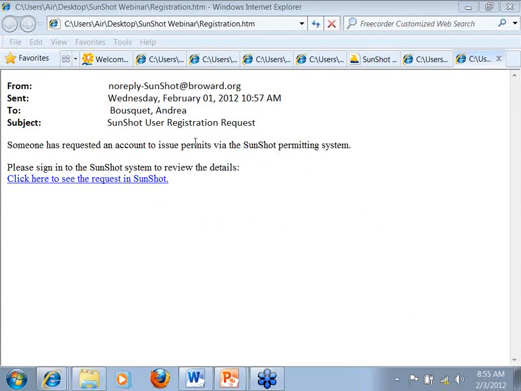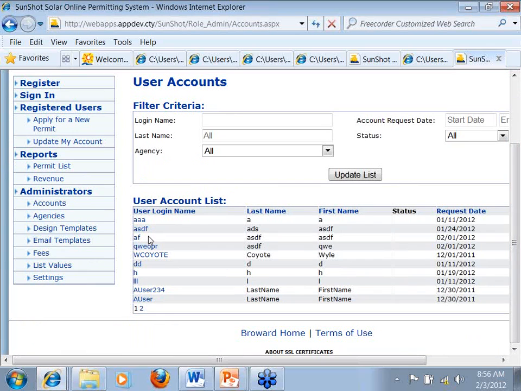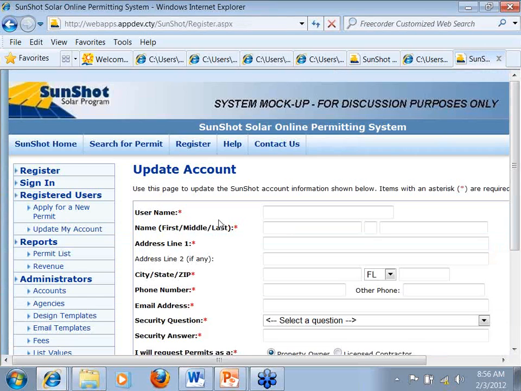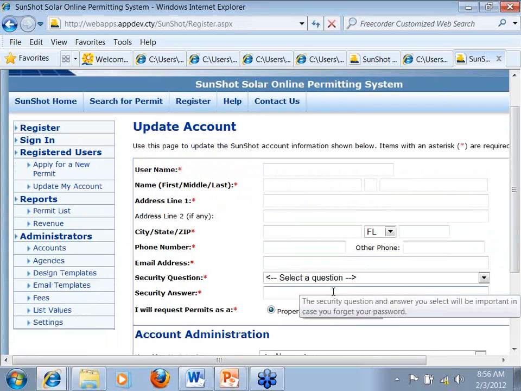This email message will be sent to the administrator for the system, and someone on this side will receive these messages. It'll say someone has requested an account. When someone requests an account, the administrator will log onto the system, and they'll pull up that account that was requested. They'll review the information,